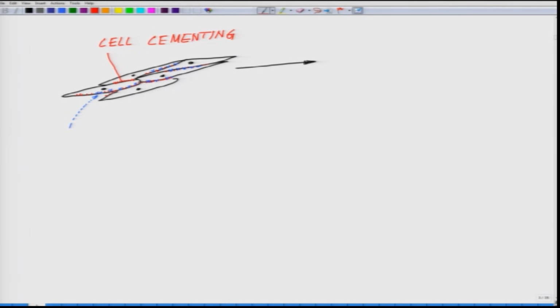We will come later on to all those things. Cell cementing material, and so these are compounds dissolving cell cementing